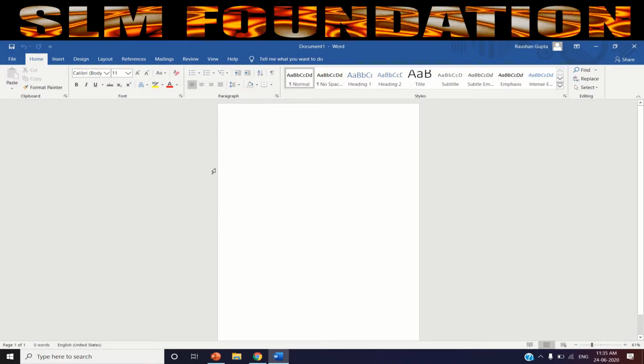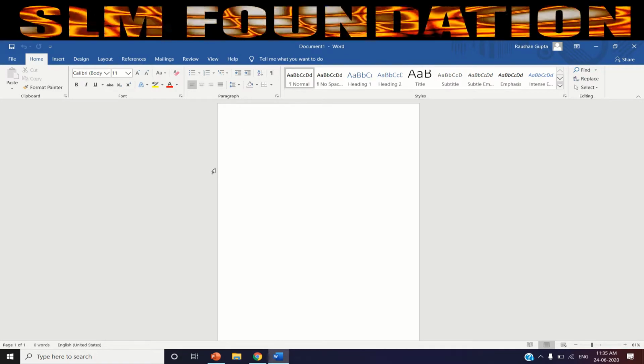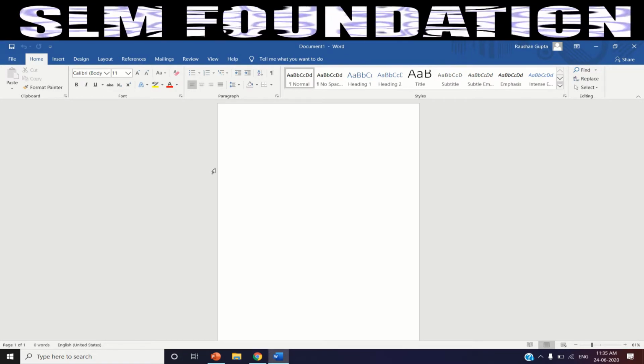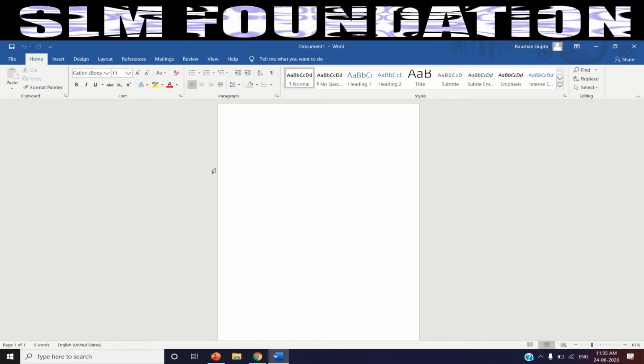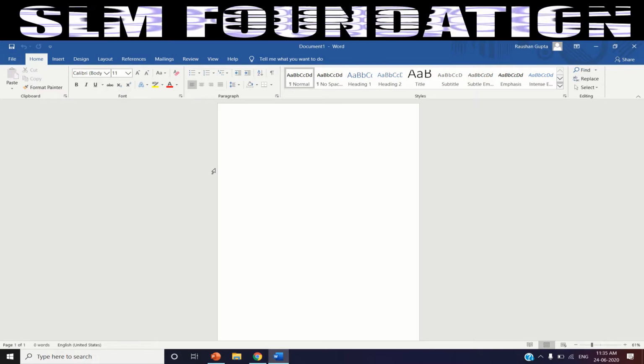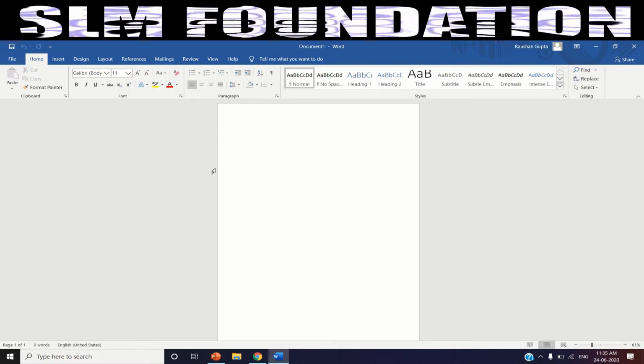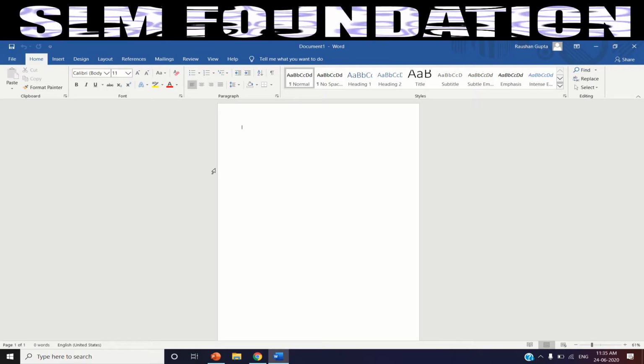Now what is its use? Simply, you can make any documents or greeting cards or anything by this, in the document file. If you want to make any document, then you can use this, or anything related to text or any images. But don't think that you can do anything, like you can paint.